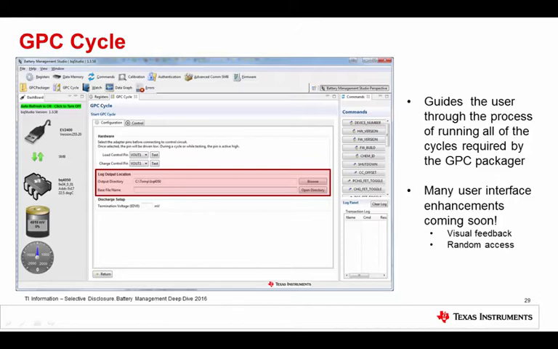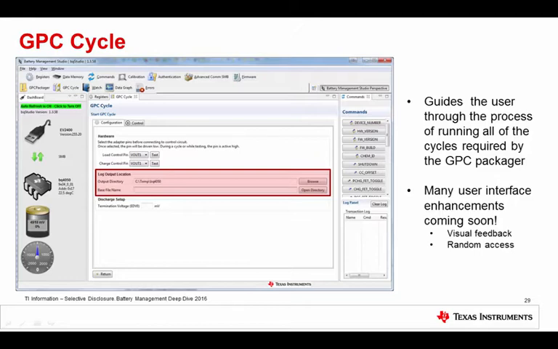The current version of the tool walks you through the sequence of cycles that are necessary for the GPC to do the best job, which is different loads, different temperatures, and so on. So there's a sequence of 6 cycles that have to be fully completed. And depending on whether you're manual or automated mode, it'll either walk you through that process as a user step by step, or it'll automate portions of those cycles and then prompt you to do things like change temperature.